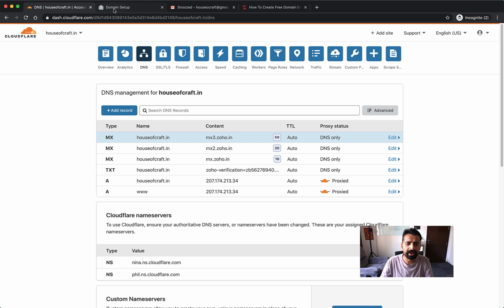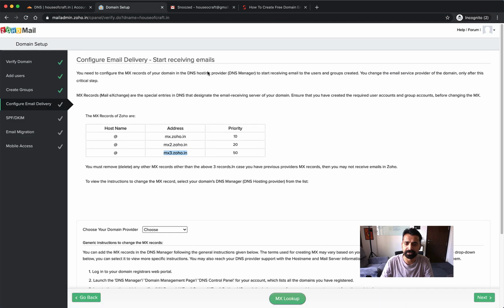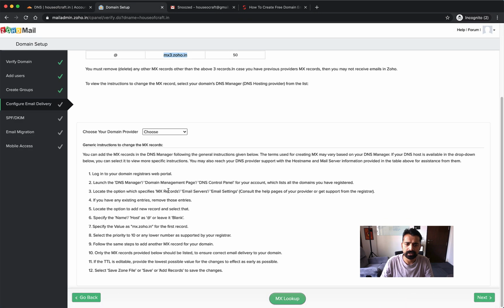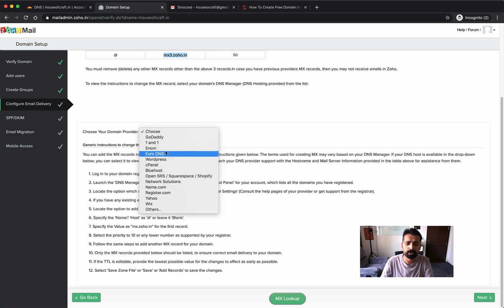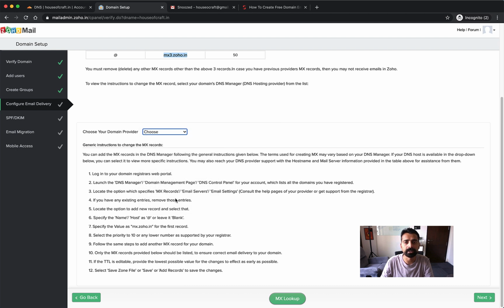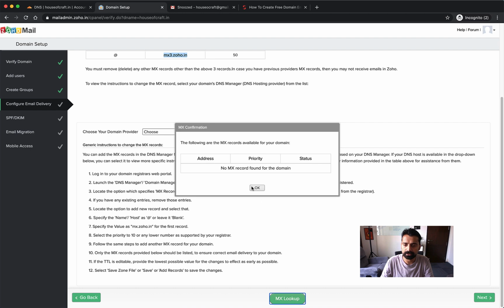Alright, so we have added the TXT record to verify our domain ownership and the MX records, so that we should be able to send and receive email. In case you're not sure how to do this, you can select your domain name provider from here, and you can find all the instructions over here. So once this is done, let's click on MX record.